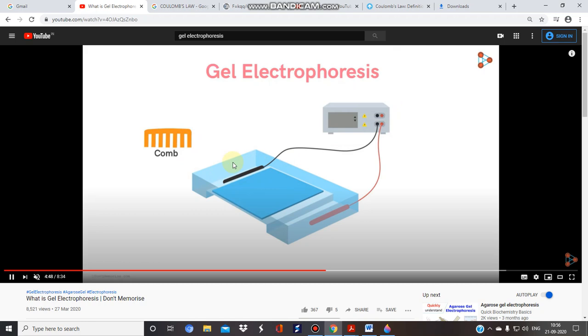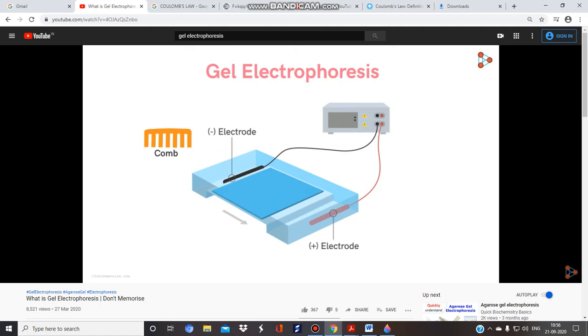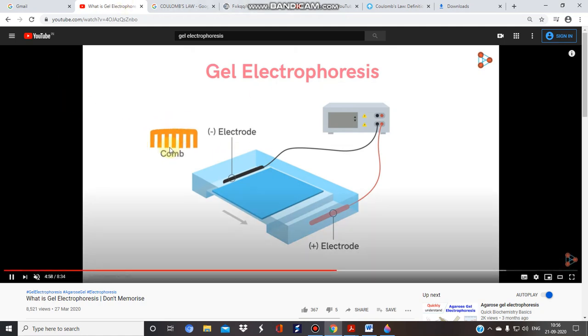different types of samples. Suppose this is the negatively charged end, because we know DNA is negatively charged and its movement is from the negative to the positive charge. So we will mark the comb in this way so that it forms a well, and in this well we will fill our sample. The DNA moves from the negatively charged to the positively charged electrode. As we know DNA is colorless, so we need a dye to monitor its path, or you can say its movement. For that we use different types of dyes so that we can monitor the movement of the DNA.